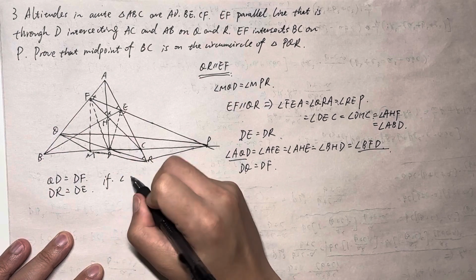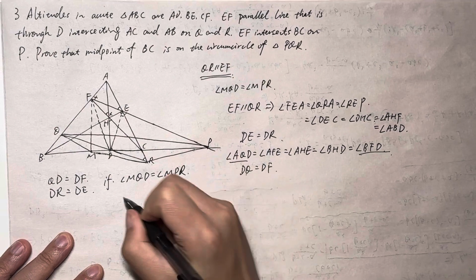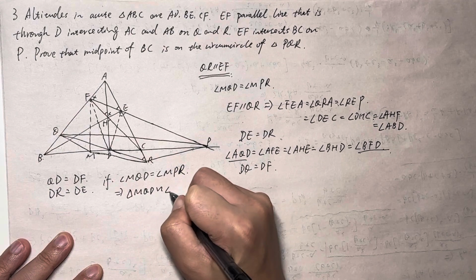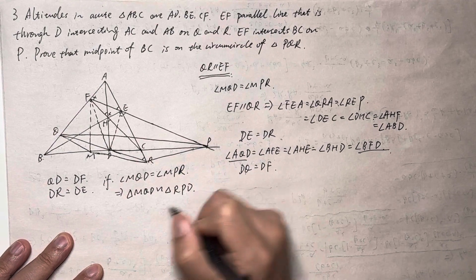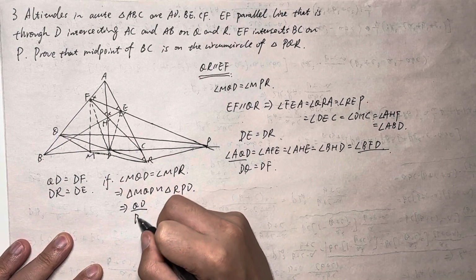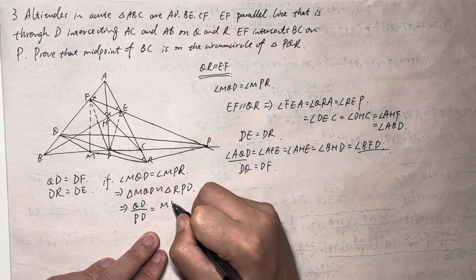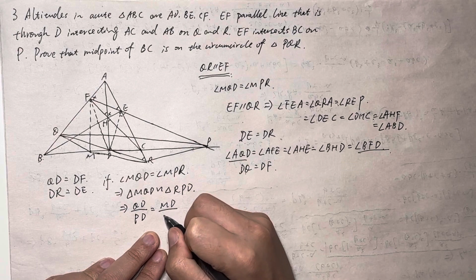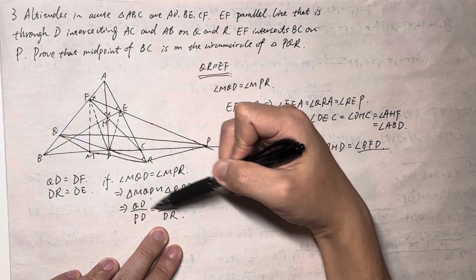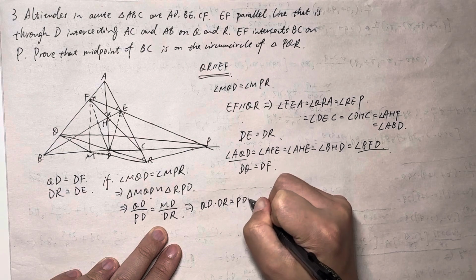If angle MQD equals angle MPR, then we know that triangle MQD is similar to triangle RPD. Then we know that QD to PD equals MD to DR, right? That's how we relate QD and DR together, which means QD times DR equals PD times MD,